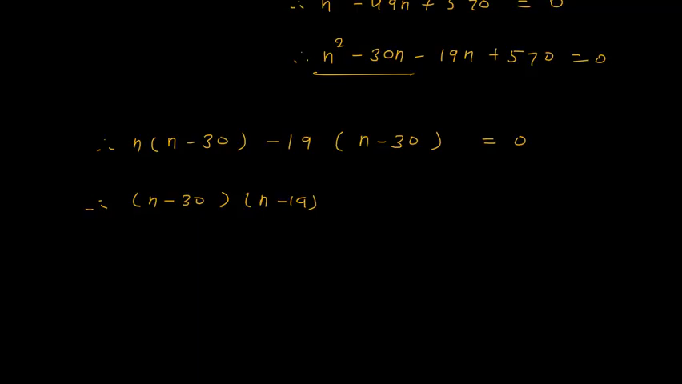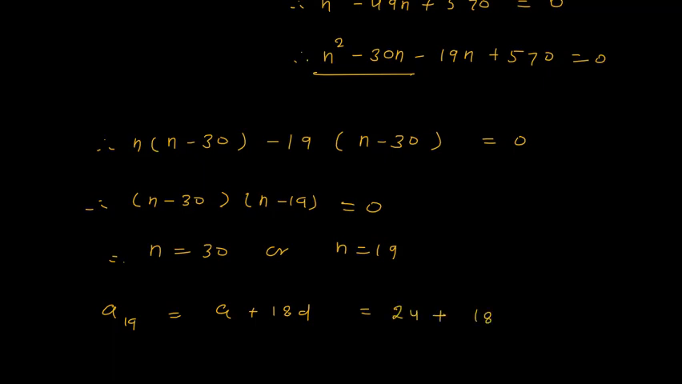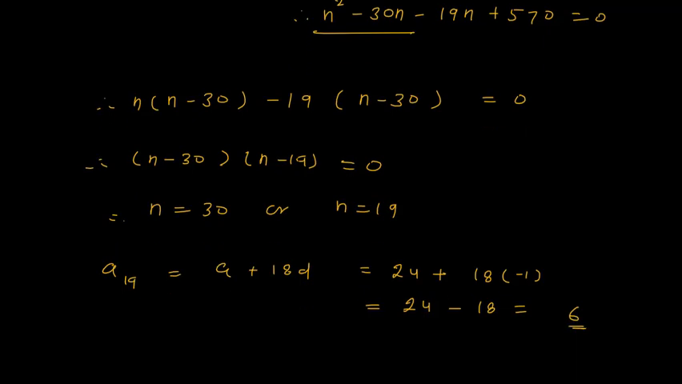So therefore I get n equals 30 or n equals 19. Now if I take n equals 19, let us see what is a_n. So a19 will be a plus 18d. The value of a is 24 plus 18 into minus 1. So this is 24 minus 18. So 14 minus 8 is 6. 1 minus 1 is 0. 6. Okay, so a19 is 6, and if I calculate a30, so a30 is a plus